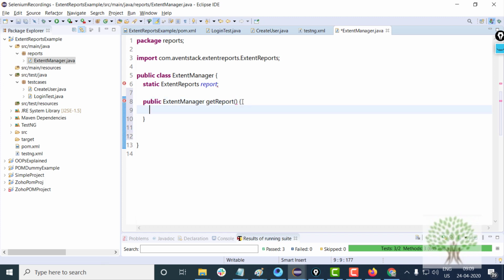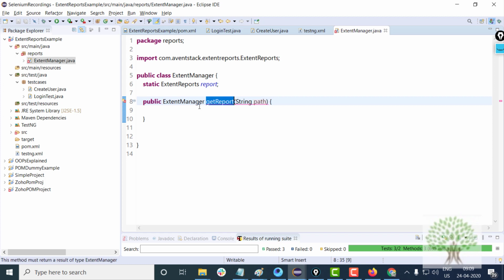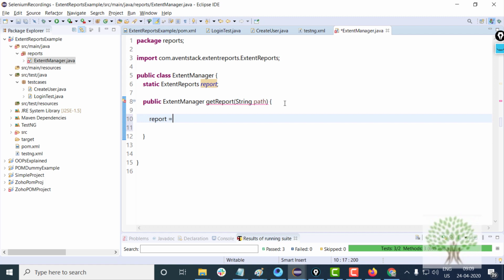In this function I will pass the path where I have to generate the reports, and this function will initialize this object and return the object of extent reports.